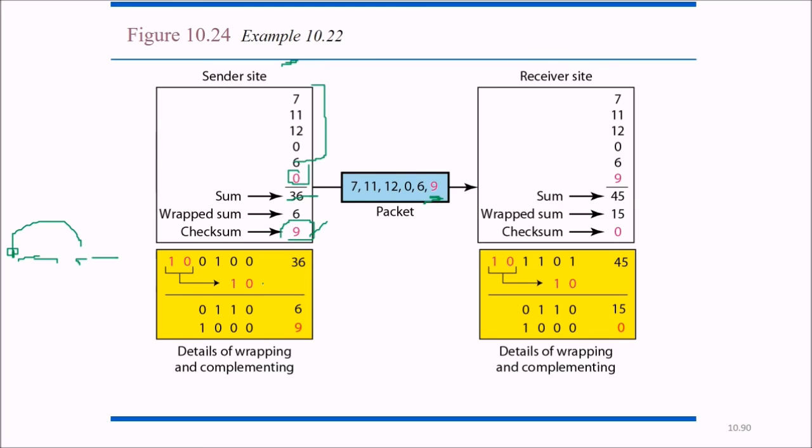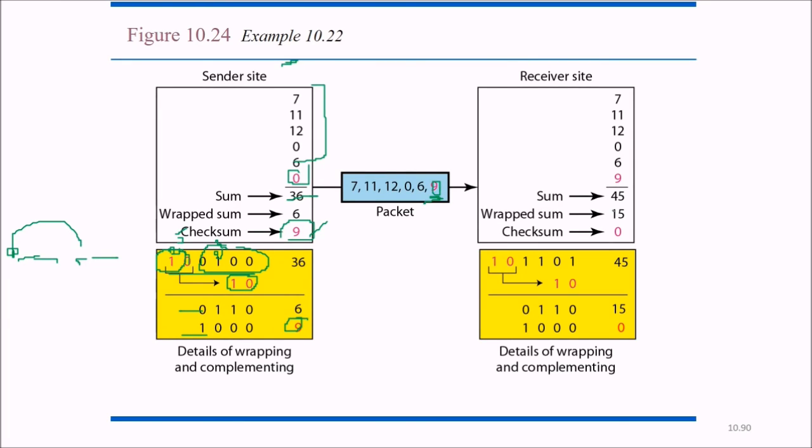Okay, let me tell you how 36 has come. 36 is given by this bit pattern, so it will be 0, 1, 2, 3, 4, 5: 2 to the power 5 and 2 to the power 2. So it will be 32 plus 4. So these 1 0 are extra from the 4 bits. So 1 0 will be added to 0 1 0 0. We add 1 0 to 0 1 0 0. What is the number? 6. When we convert it into the complement, that will be 1 0 0 0. That is the 9. So we send 9.